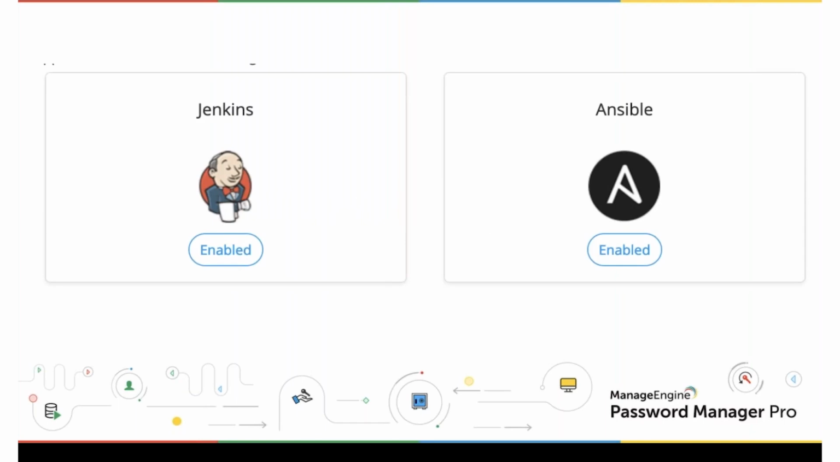So currently, Password Manager Pro plugins are available for the following CI/CD platforms. The first one is Jenkins, and the second one is Ansible. I will show in detail how to configure Jenkins, and Ansible works the same way. So I will take an example of Jenkins, and I will show you that in detail. Okay, so to start off,